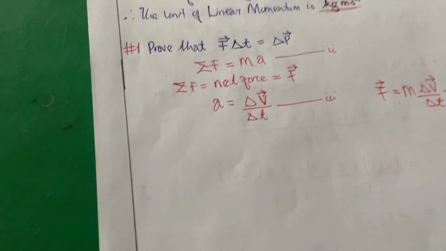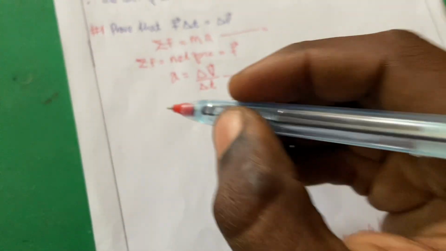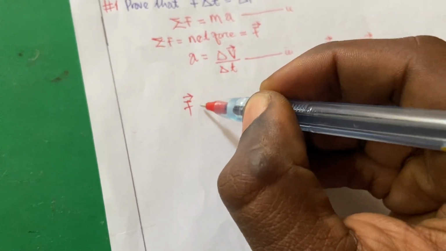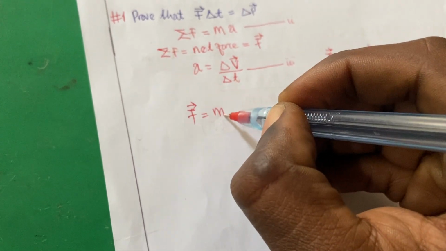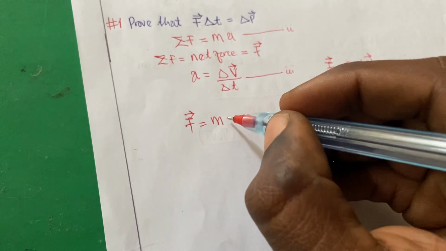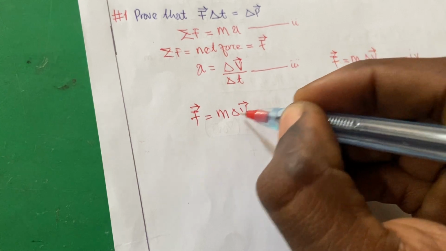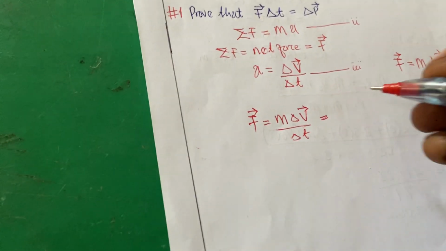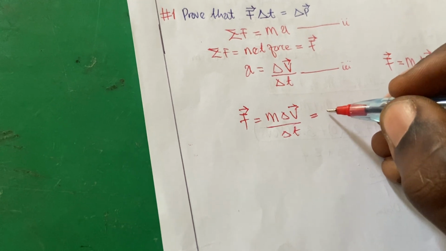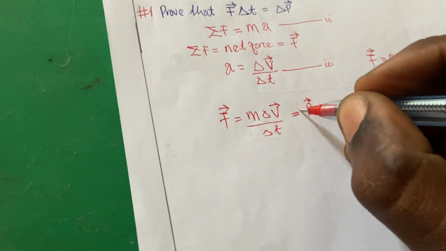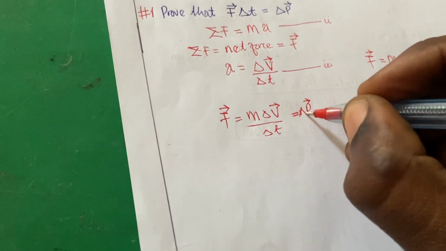So equation 4 now is F equals m change in V over change in T, equals m change in V. It's actually the momentum. I'll put the change here,